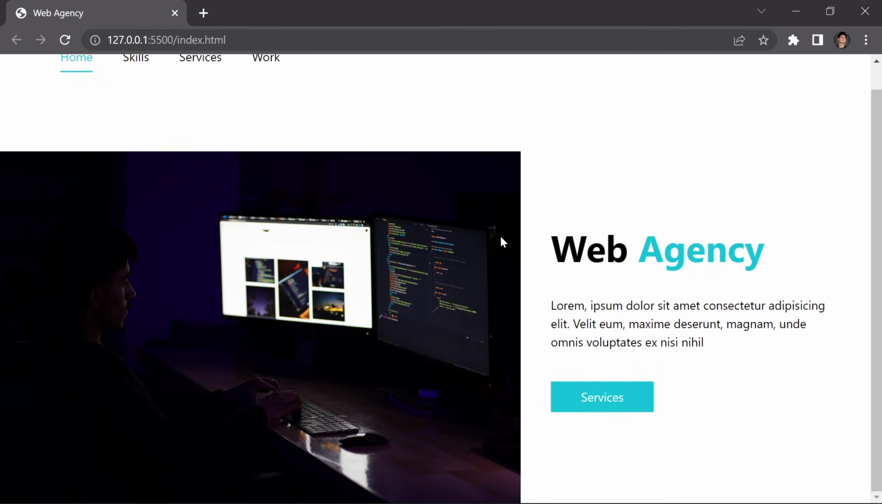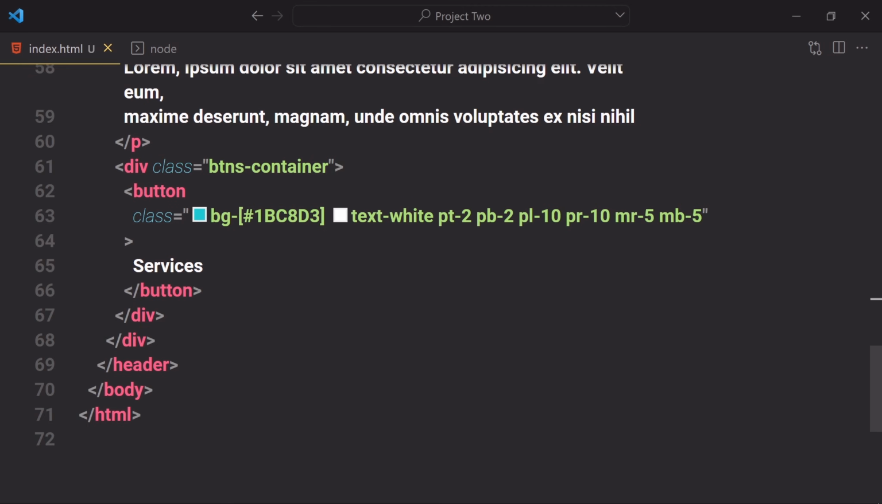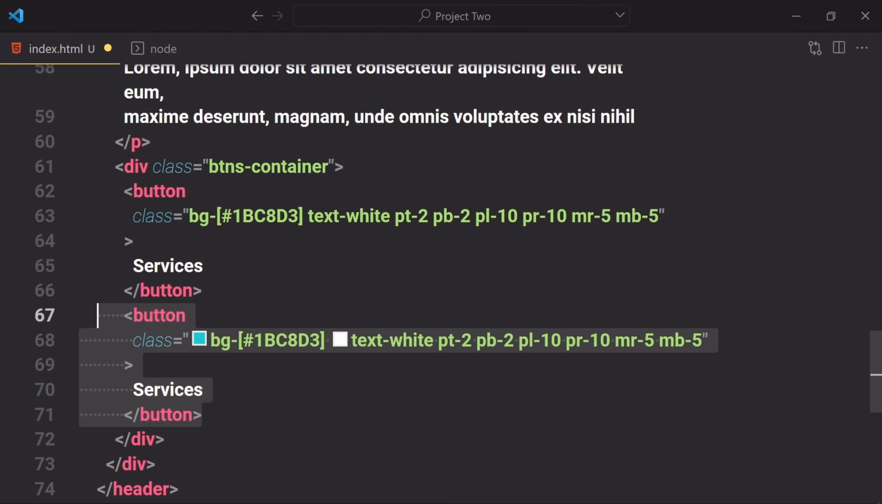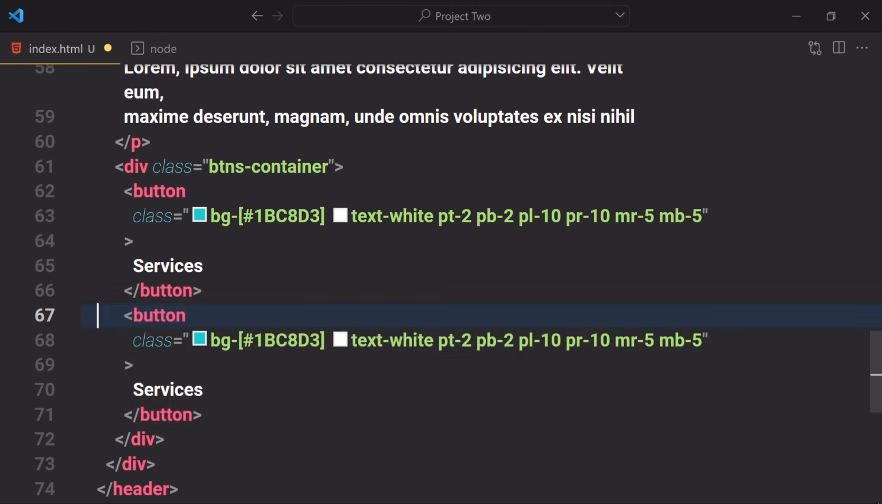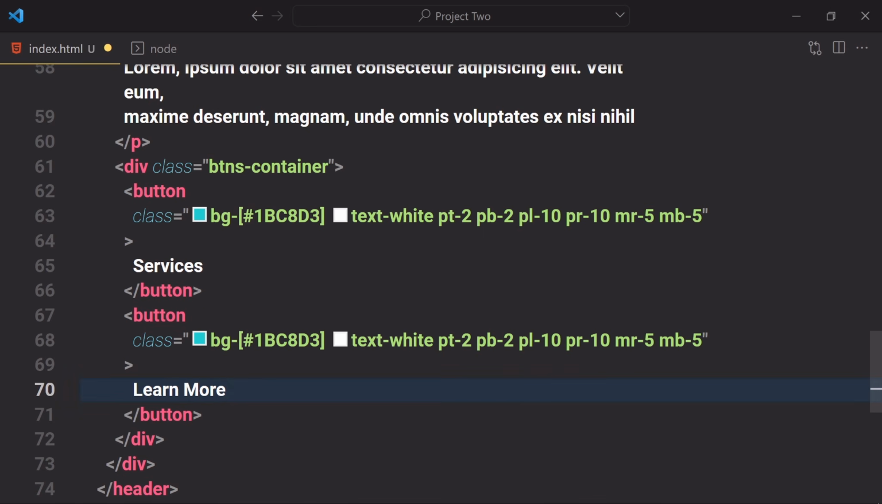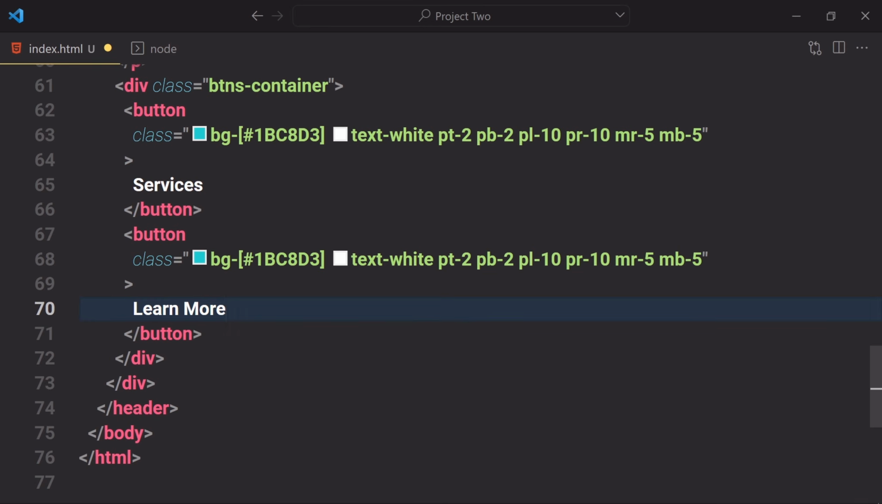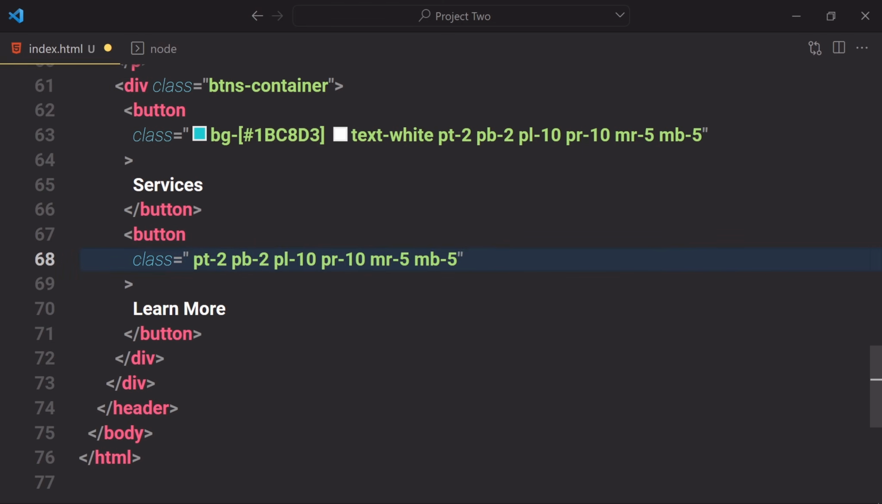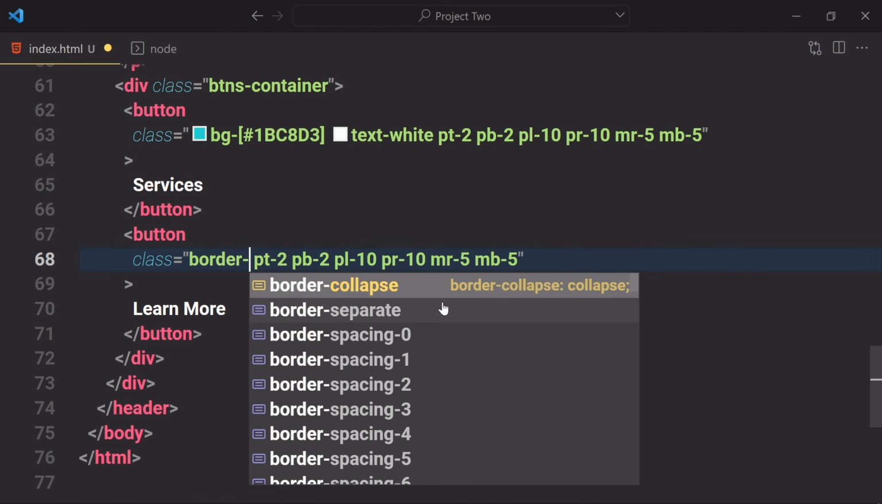Alright, so here you can see this is how it looks right now. Alright, so what else do we have to do? Now we've created our first button, so now let's just duplicate that and change everything a little bit. So I'm going to change this button to be like learn more, and instead of using that border and color, I'm going to delete this styling from here, and I'm going to just write border bottom of